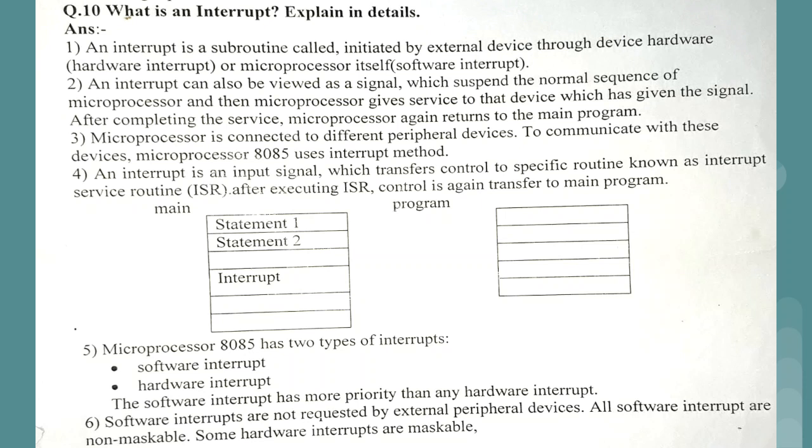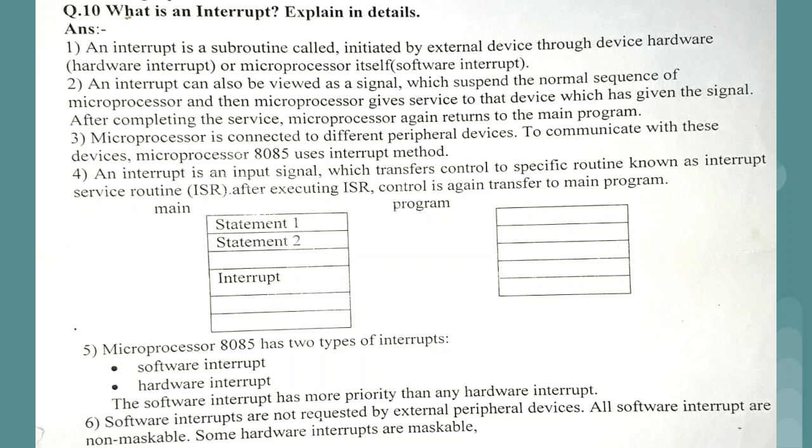So we have a main program, like void main, and if we make a call to some function, then control from the main program will move to that new program. After that particular program is completed, the control is moved back to the main program only. These things are possible because of ISR.